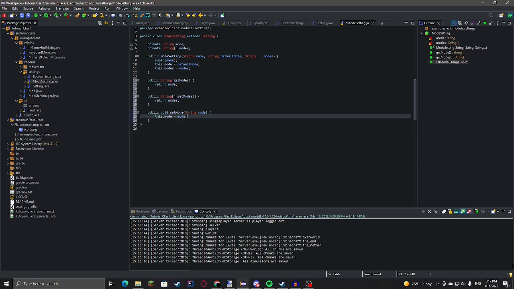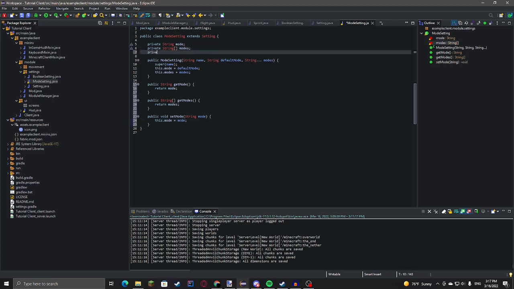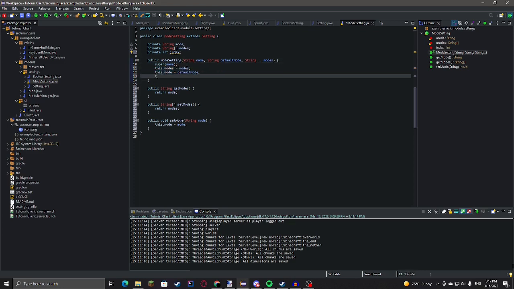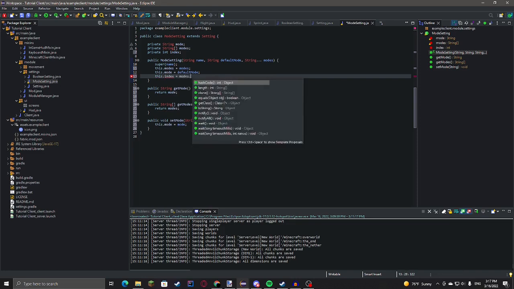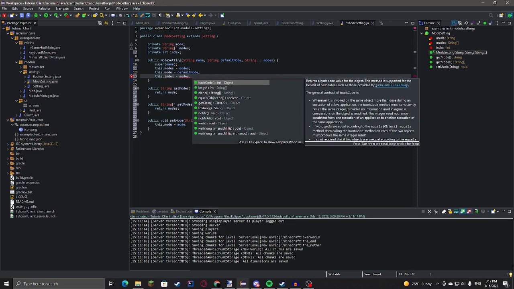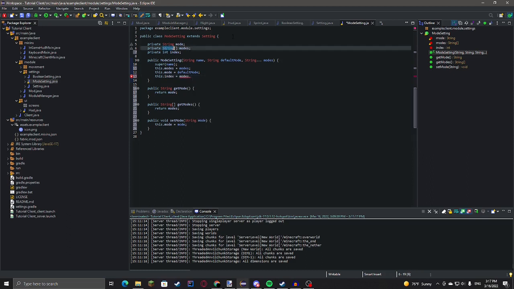I'm also going to make private int index to indicate the index that we are currently on. I'm going to call that right there. This dot index equals modes dot index. I'm also gonna make this a list instead of just a string array. I will list string modes.